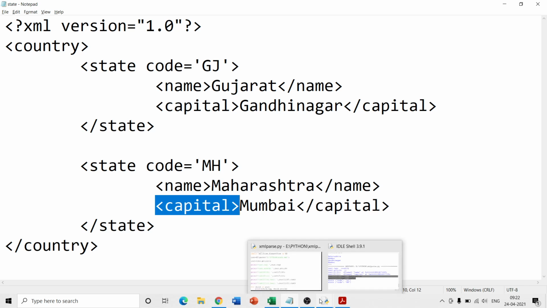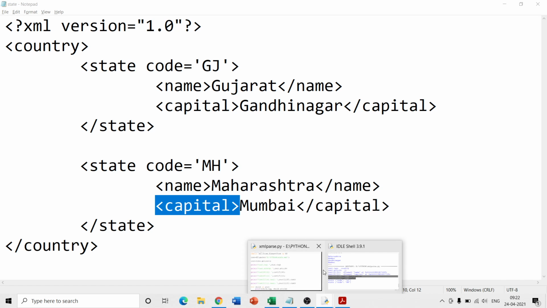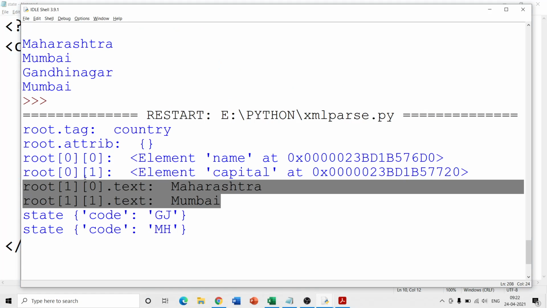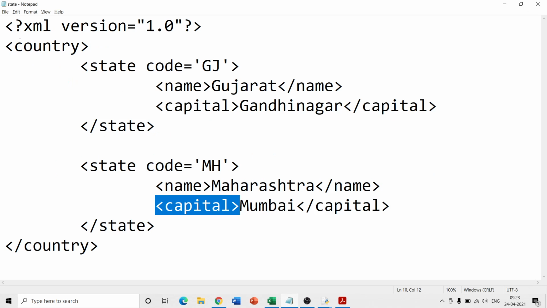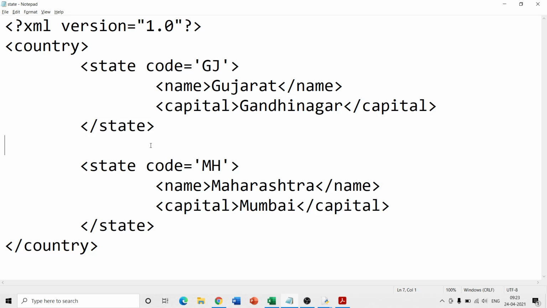That is why in 1 0 and 1 1 we have Maharashtra and Mumbai. So basically root fetches this entire content, and then you can access the subsections of the root.